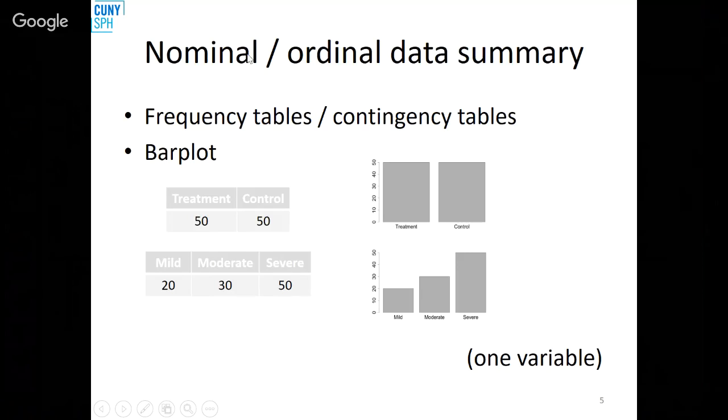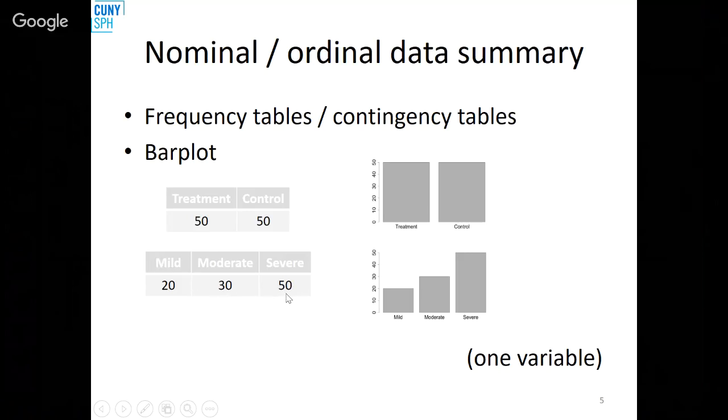So for nominal and ordinal data, that is categorical data, you can summarize these as so-called frequency tables or contingency tables, which is just a fancy way of saying a list of how many of each possible value occur. So in that example of a clinical trial for a pain reliever, these are the one-dimensional frequency tables. There are 50 treatments, 50 controls, and overall 20 people reporting mild pain, 30 reporting moderate, 50